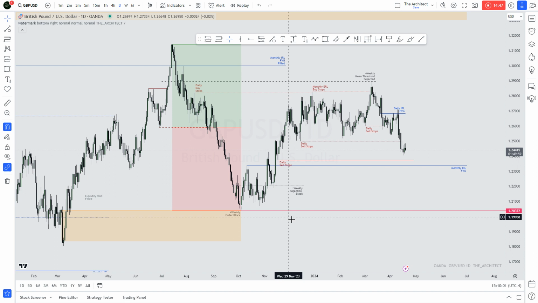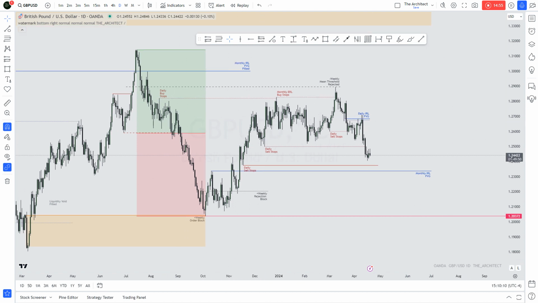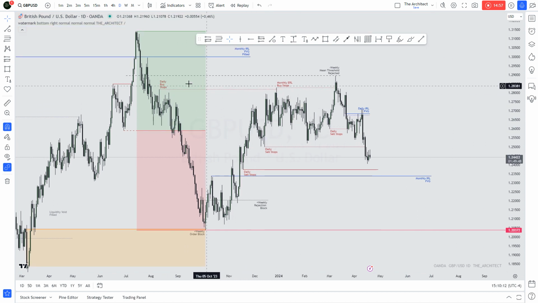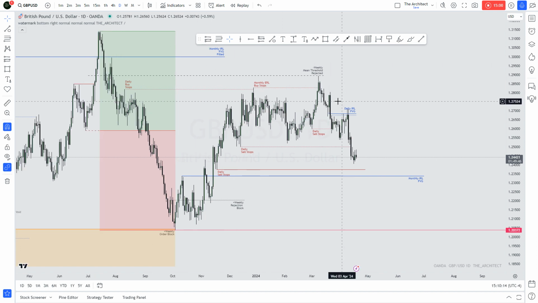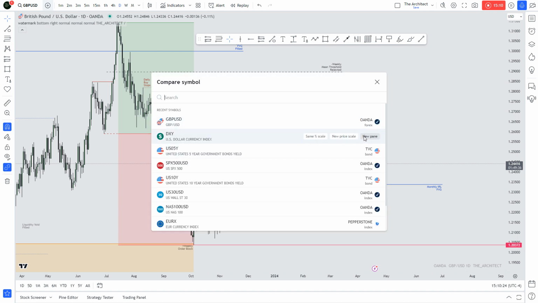Intermediate term high, intermediate term low. We got a deep pullback into deep premium, where we took buy stops and started to sell against these buy stops. This was basically an indication that you'd want to then see the market continue lower because we are bearish. Another form of confirmation is if we compare our DXY to our dollar,